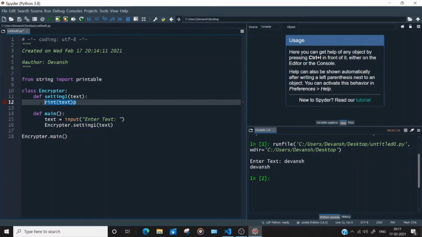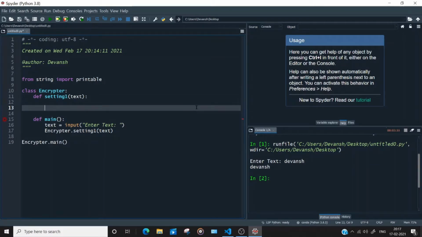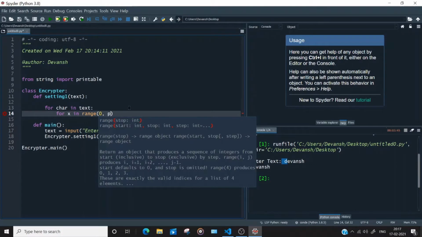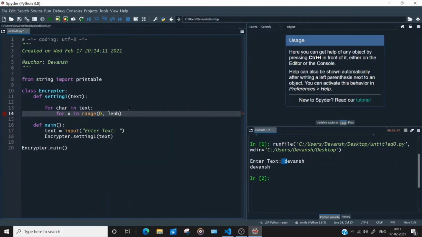Okay, now forget all this. For char, for character in text. Now what will this thing do? This will separate text according to the letters. So for first it will take D, for second it will take E, for third it will take V, and so on. Okay. For x in range 0 comma len of printable,